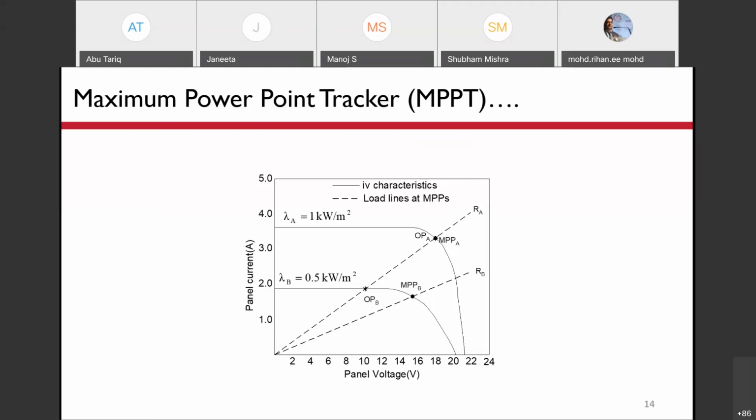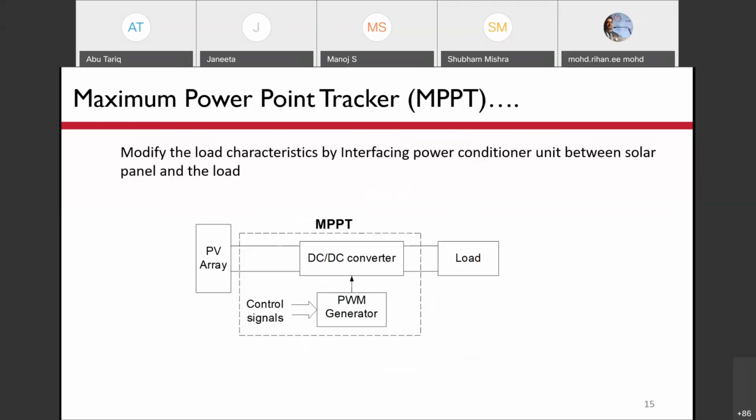So how can it be done? It is done by simply interfacing some electronic circuit between the PV array and the load. Basically, this consists of a DC-DC converter whose duty ratio is varied to meet this requirement.